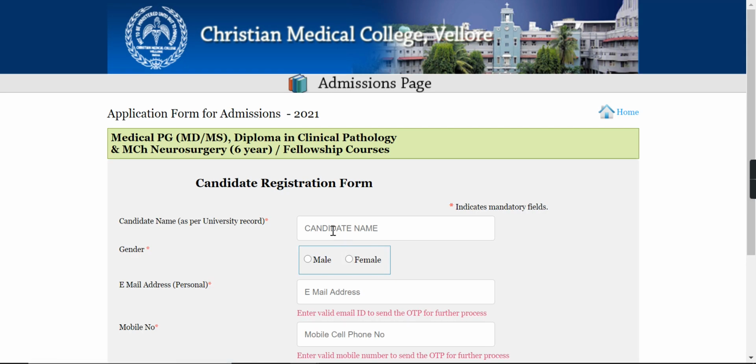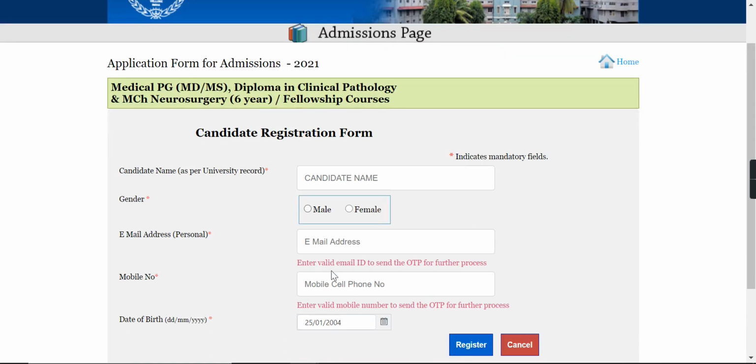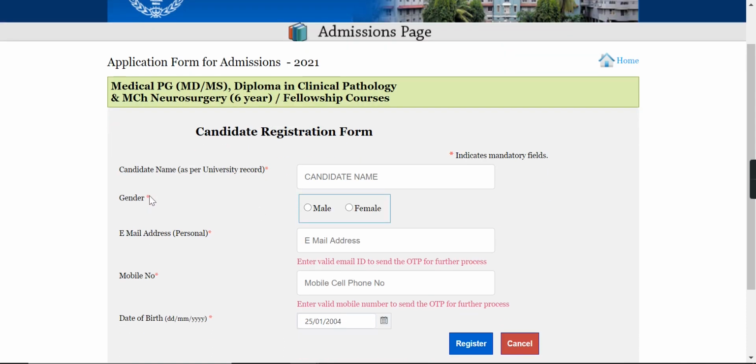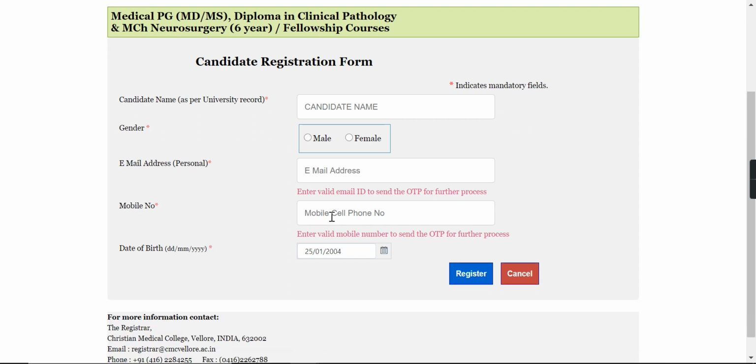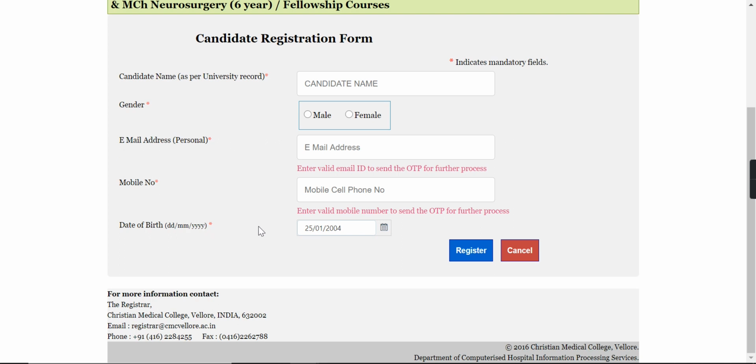After that, you have to click on apply online. You have to write your name over here, and which gender you are. You can see this indicates mandatory fields, you have to fill them. It's written over here also. Remember, only write those email IDs from which you can verify your admission process. Same goes for the number also. You have to put the date of birth which you remember. I don't mean what you remember; I mean the one which has been filled in your 10th or 12th result which you gave during your boards. Use that date of birth only.